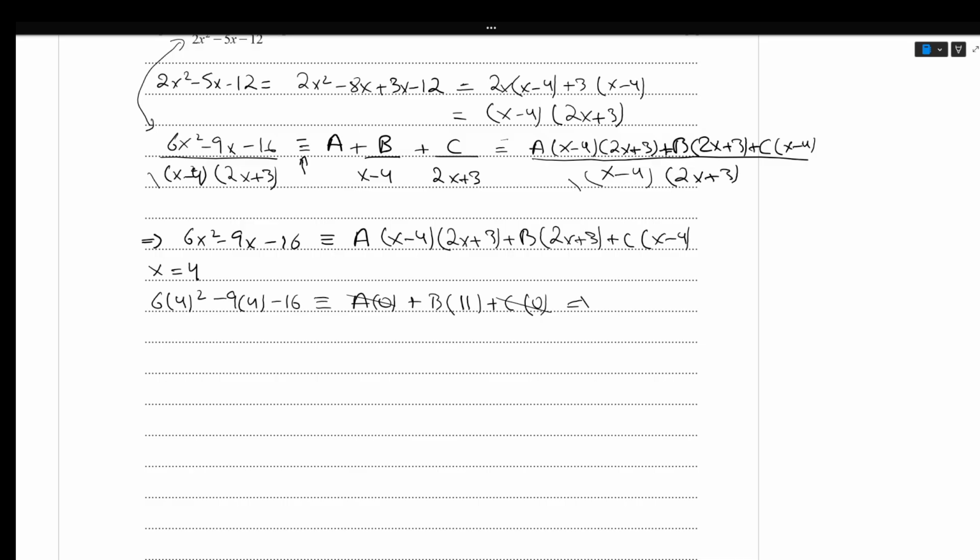We are left with b is equals to, basically if you solve this part and divide by 11 you will get b is equals to, yeah, b is equals to 4. I did this in my calculator. Okay, so